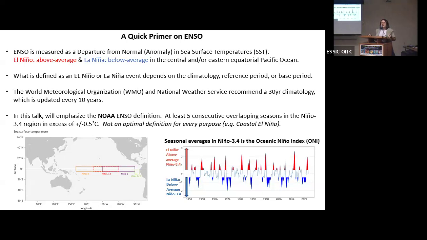This is very important because no center around the world defines it exactly as we do. There are a lot of different ways to do this, different thresholds, and different points of emphasis. If you're in Peru and Ecuador, you care a lot about coastal El Niño events. So you do need your own separate and unique definitions in order to capture those events. And so in the NOAA definition, we say five consecutive overlapping seasons. What I mean by seasons is a three-month running average. And that Niño 3.4 region, which is in the east central tropical Pacific here.